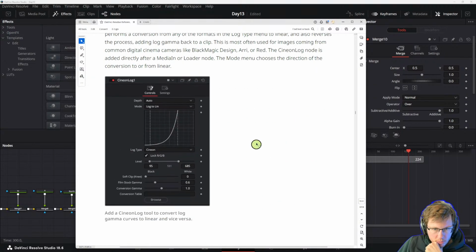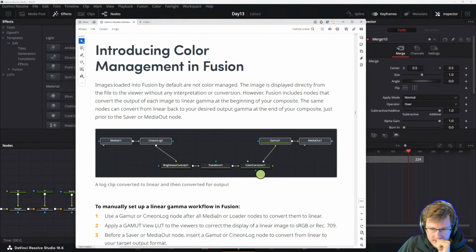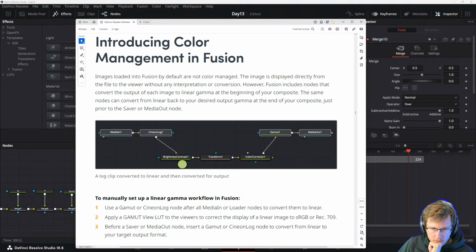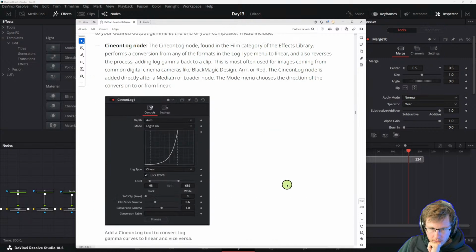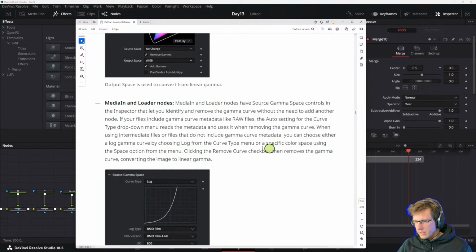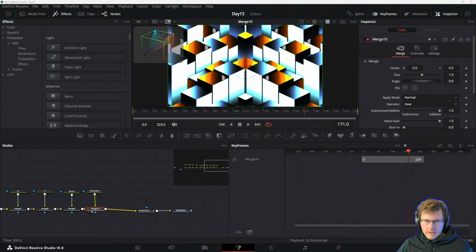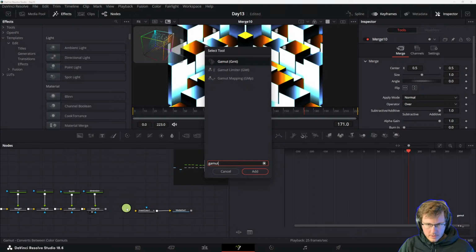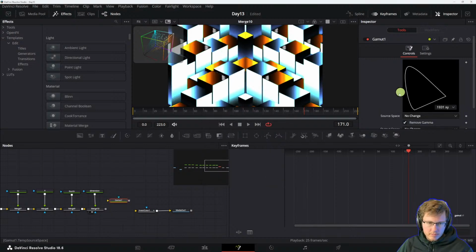What was the thing to apply a lookup table? Is it the gamut? Gamut maybe is the... gamut? No. Okay. Might be gamut mapping, but